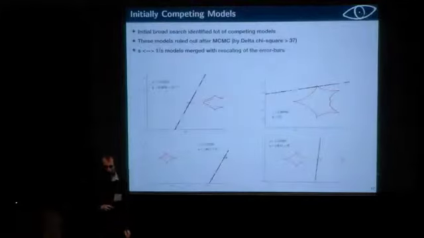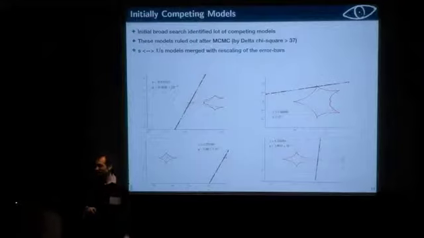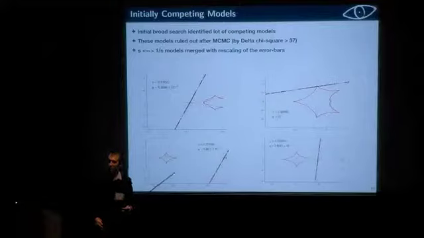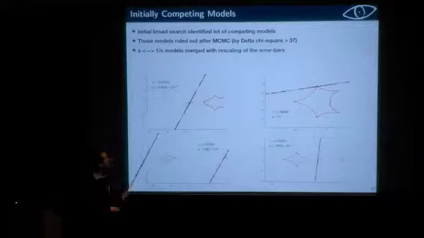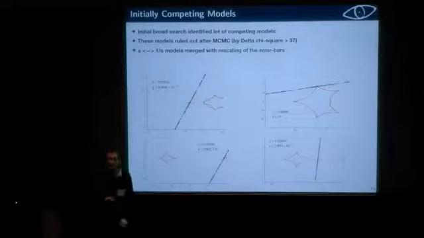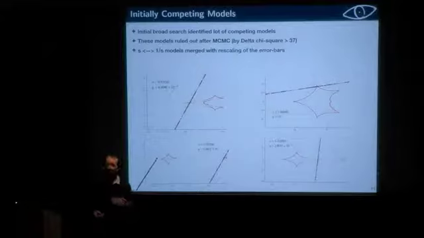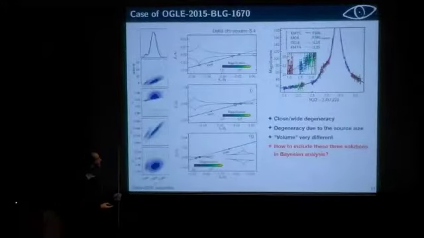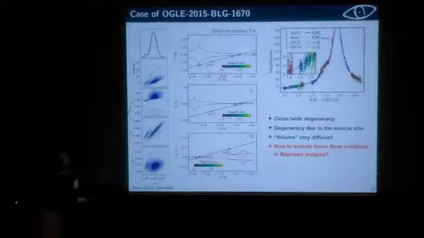At the very beginning, and actually at the time I wrote the abstract, I had to deal with several competing models that I couldn't really distinguish. This was before I did the error rescaling and the broad exploration. This is a typical situation that I had to deal with, and I was looking for a method that could give me the relative probability of the competing models. It turns out that at the end of the story for that event, all the competing models are ruled out. But for the event